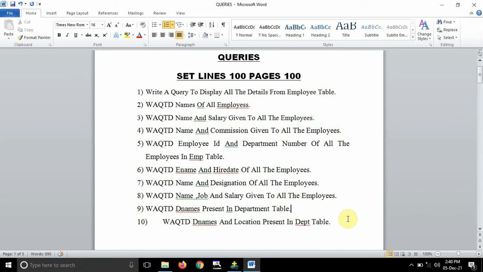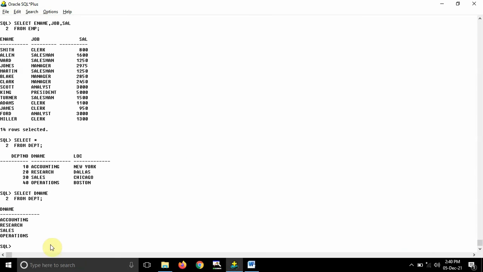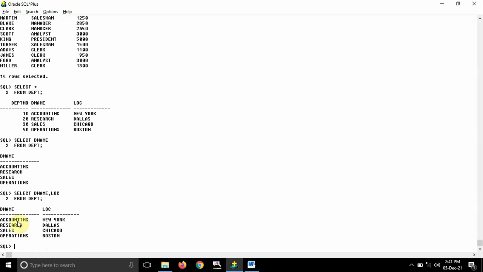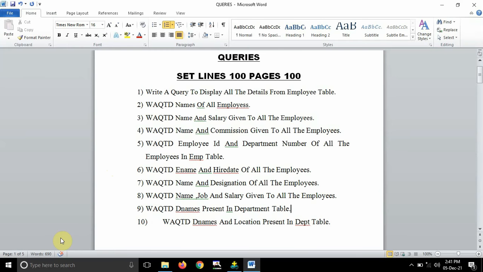And after that, 10th one, write a query to display department names and location present in department table. So in 10th one, with a department name, I also want to display the location. So how I can do that one? Just the same thing, guys, select DNAME. Okay, so select DNAME, comma LOC, that is basically representing location. Okay, so from I have to write from, not EMP, guys, it is present in department table, DEPT. Okay, so terminate it and you will get to know department name and location for the department table. So like this you can solve these kind of